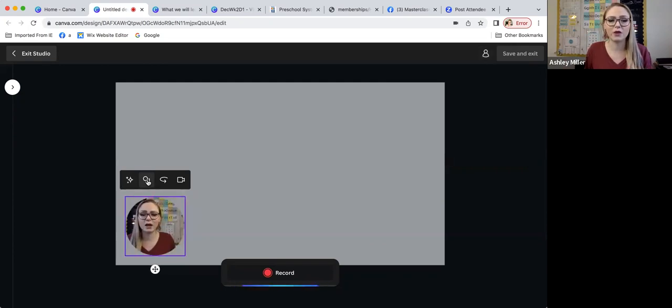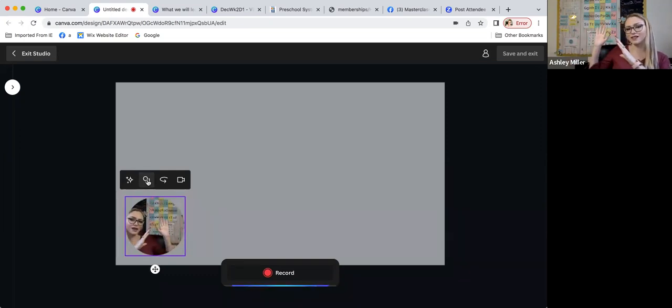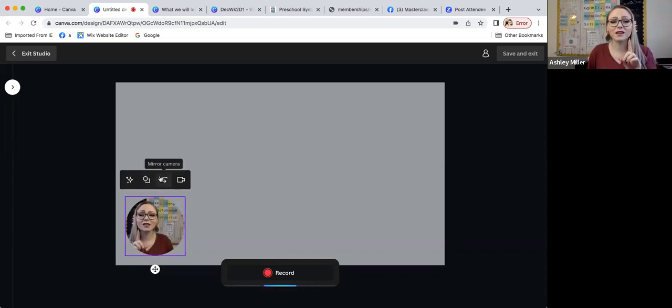This button here will switch you from my little recording screen from circle to a rectangle. I typically like to do circle because it cuts out my extra wall and just puts in my preschool wall. You can see kind of my alphabet behind me. This little swoosh arrow here is really important. As you can see, the letters are